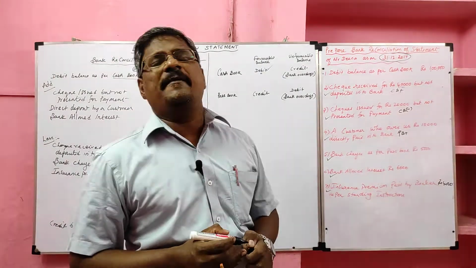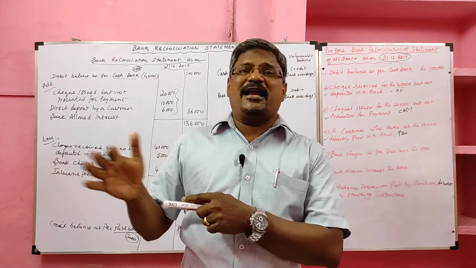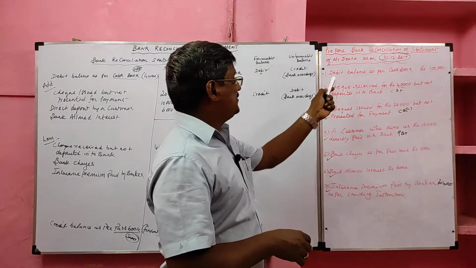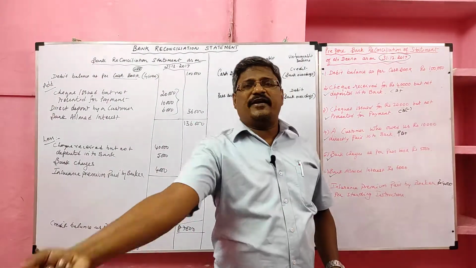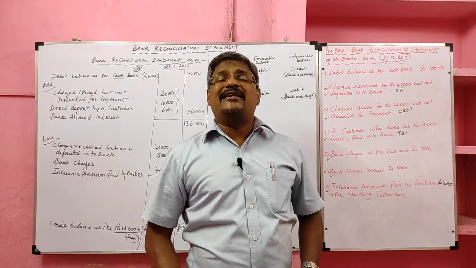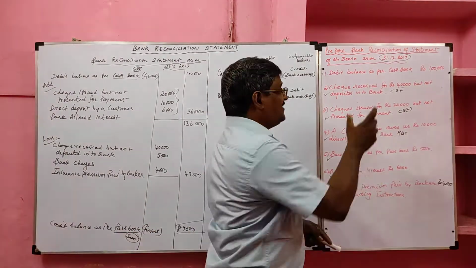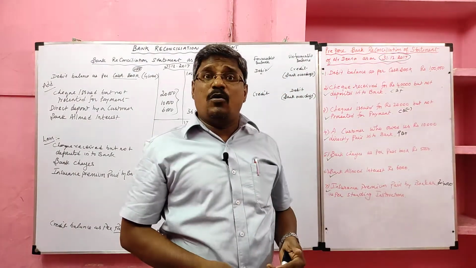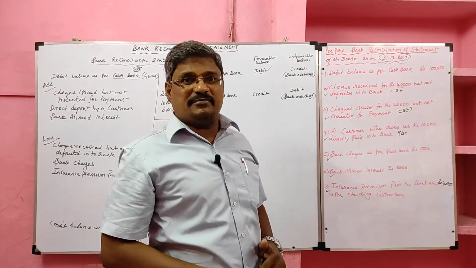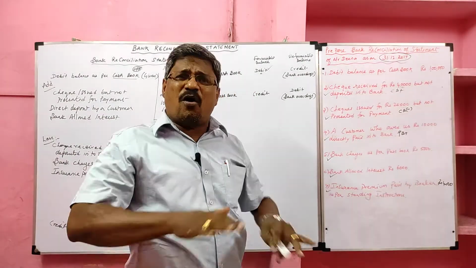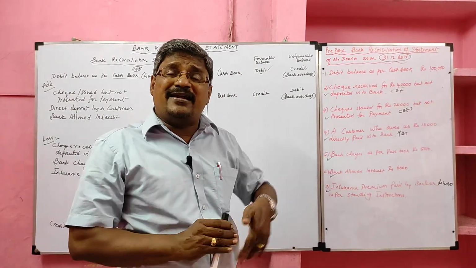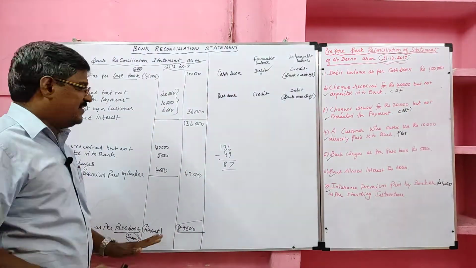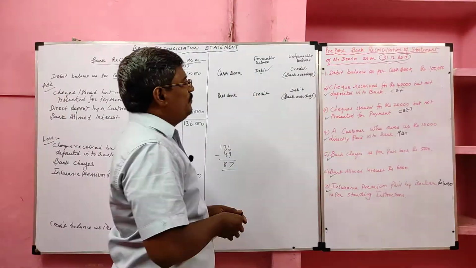Students, once again I am repeating. Here the debit balance as per cash book is given. We have to find the credit balance as per passbook. Here the starting point is given, the debit balance as per cash book. We have to find the ending point. What is that? The credit balance as per passbook. What is given? The cash book balance is given. So what all they did in the cash book, now we have to give the opposite effect. We have to cancel all the transactions which were done in the cash book. What all they did in the passbook, we should give the same effect. We'll get the answer. Once again we'll go through.